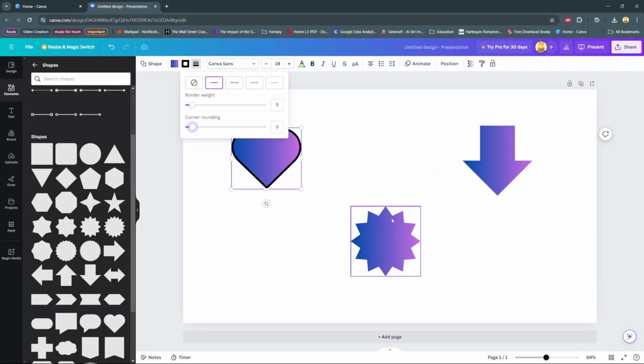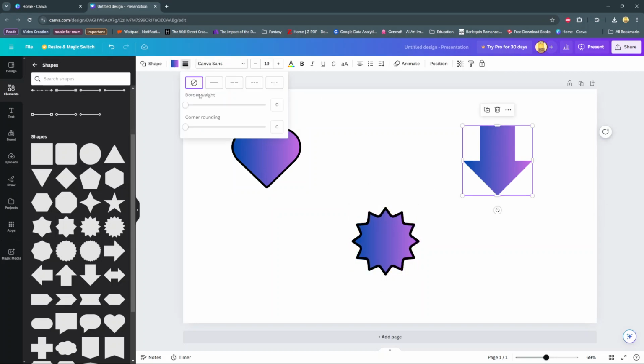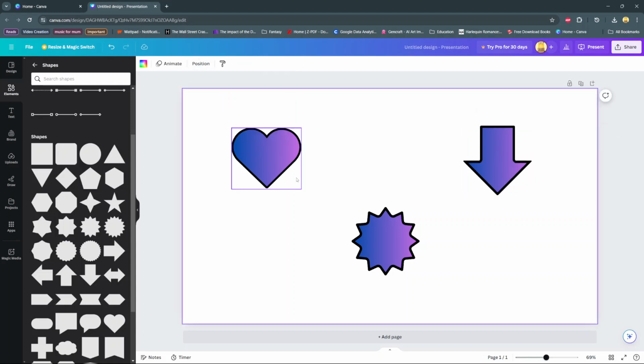So you can do this for all the shapes that you've added onto your project, and you can just continue customizing like that. So then once you've changed the shape, or you've added a border, you can also change the